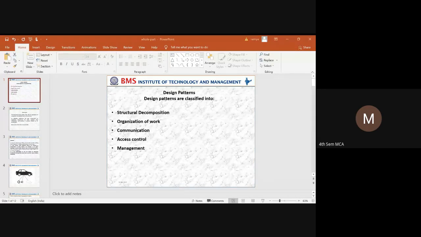All the services have to be provided, so we split the entire services based on the type of service. Though they are taken as independent parts, all the work will be executing in parallel. Under this organization of work, we have the master slave pattern, which can be implemented for a complex task.